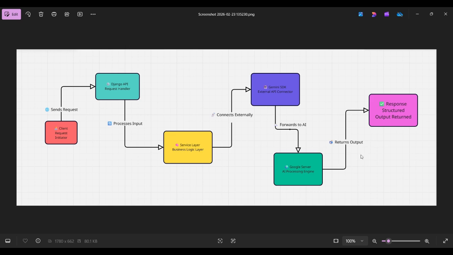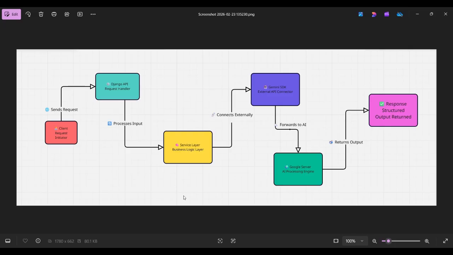Finally, my API formats the response into JSON and returns it to the client, and after that, the client sees the response according to their prompt. Now, this layered architecture ensures scalability, maintainability, and security in an AI-powered backend system.